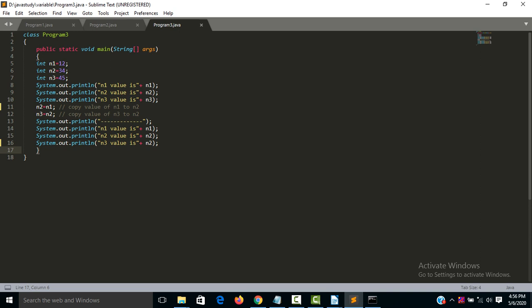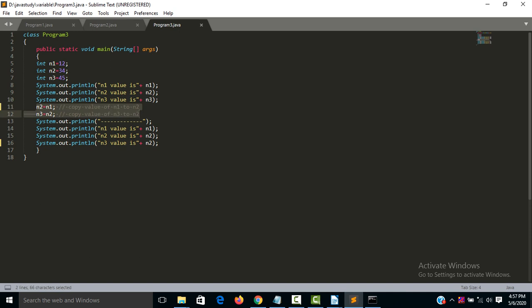Here three variables are declared: integer n1 equal to 12, integer n2 equal to 34, and integer n3 equal to 45. Simply all the values are printed: n1 is 12, n2 is 34, and n3 is 45.